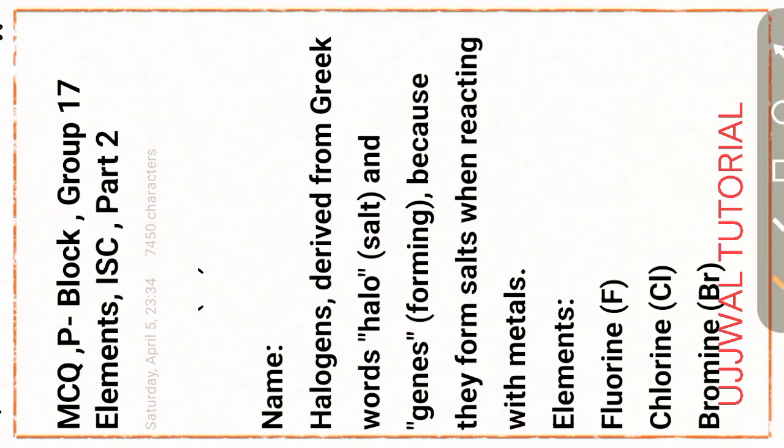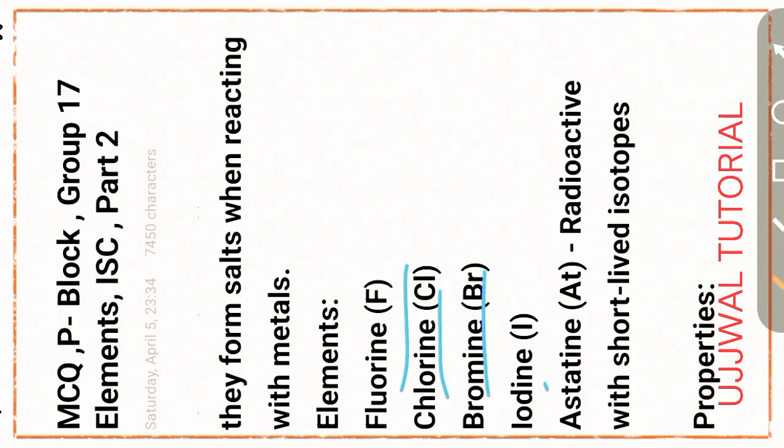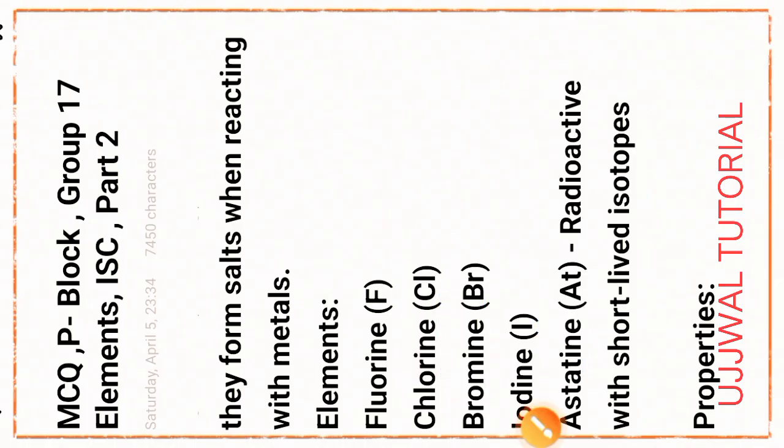Halogen derives from the Greek word halo, meaning salt, and genes, meaning forming, that is salt forming, because they form salt when reacting with metal. The elements are fluorine, chlorine, bromine, iodine, astatine. Astatine is a radioactive element with short-lived isotopes. Now, the properties of the halogens: